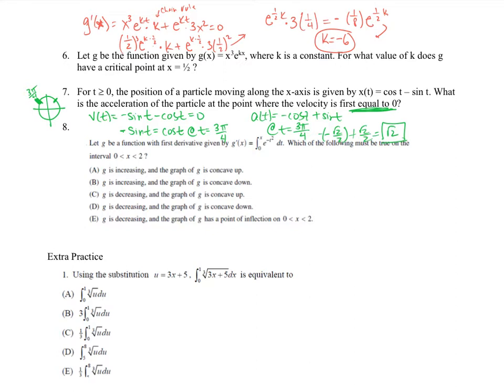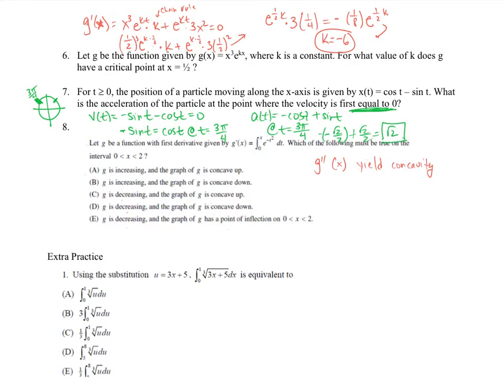If I break this down, I get g double prime. Let's think of what g double prime of x is. It will tell concavity, right? So this will yield concavity. So let's see, is it increasing and the graph is concave up? Is it increasing and the graph is concave down, decreasing, concave up, decreasing, concave down, decreasing, and an inflection point